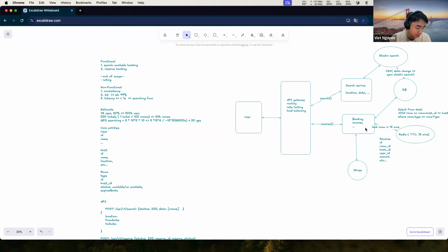So maybe we can say by whatever is also fine. Let's say you already designed the API, right? So how does the API work internally? I know the request, I know the response, but how do you process the data from the request and return the response? I'm not sure about this case.